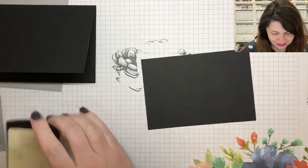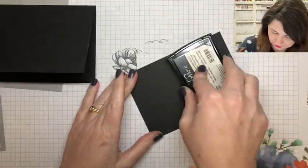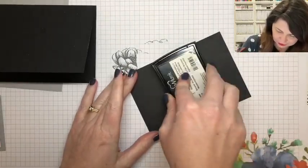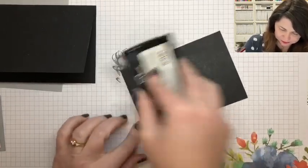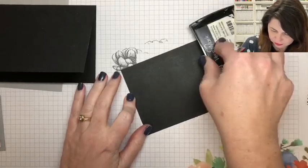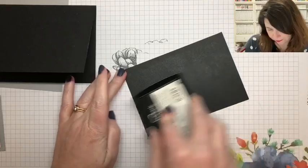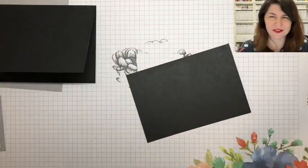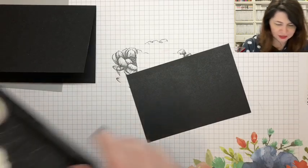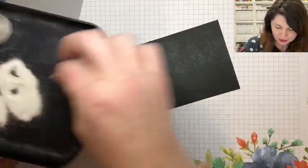So what we do is get the Versamark and do this all over it. I hope you've tried this technique before. It's really cool. I'm not going to claim it as mine because I'm sure someone's come up with it. I've never seen it before, but maybe you have. And then,